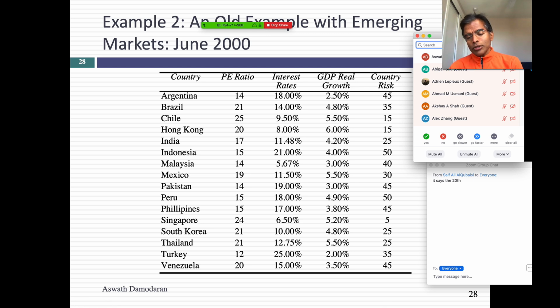Now, in June of 2000, if I decided to just buy the market with the lowest PE ratio, it's easy, right? Turkey is the cheapest market. So let's say I'm the analyst. I say, put all your money in Turkey. It looks cheap. Tell me what I might be missing by focusing just on the PE ratio. Look at the three variables I've given you and tell me what it is about Turkey that might explain the low PE ratio. Anybody? What is it about Turkey that makes it have a low PE ratio? What is the fundamental?